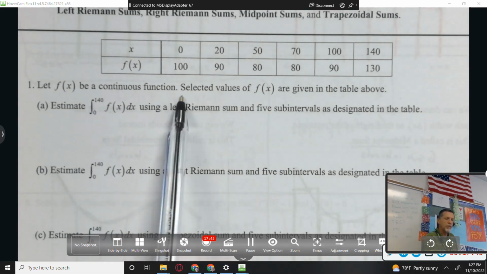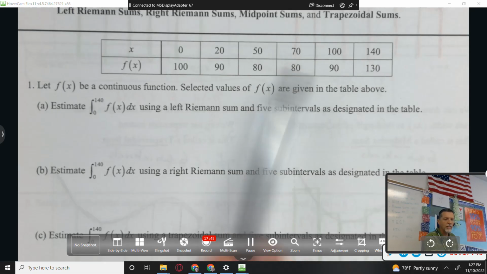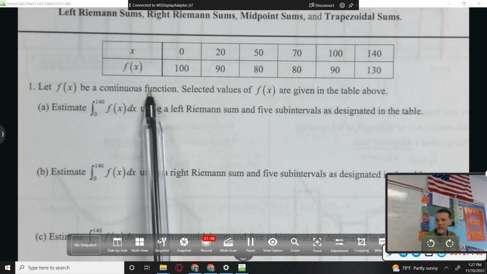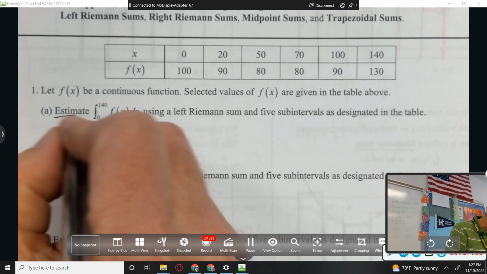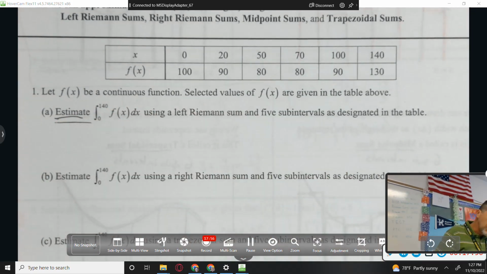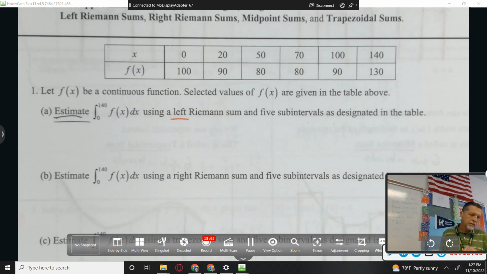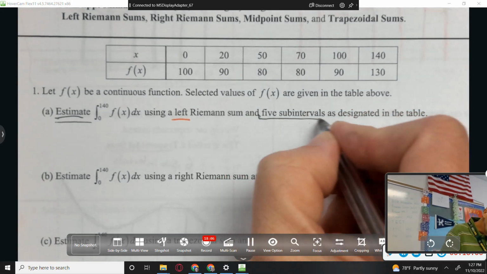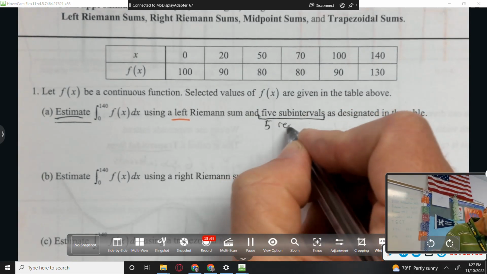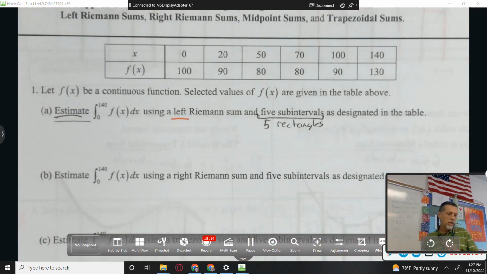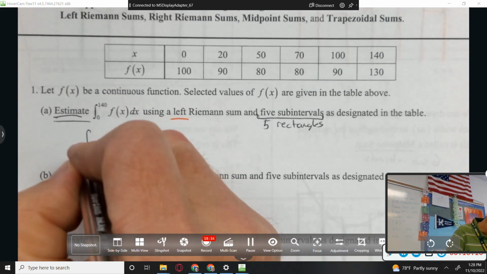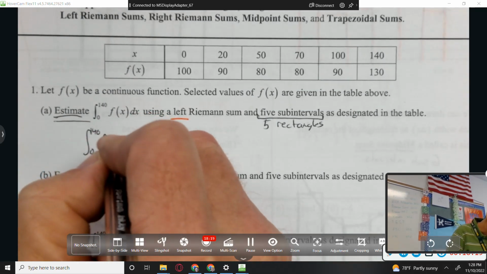Let f of x be a continuous function. Selected values of f of x are given in the table above. So we don't have f of x, but we've got a table with some of its values. Estimate, using a left Riemann sum and 5 subintervals as designated in the table. 5 subintervals means we'll use 5 rectangles. So the integral from 0 to 140 of f of x dx